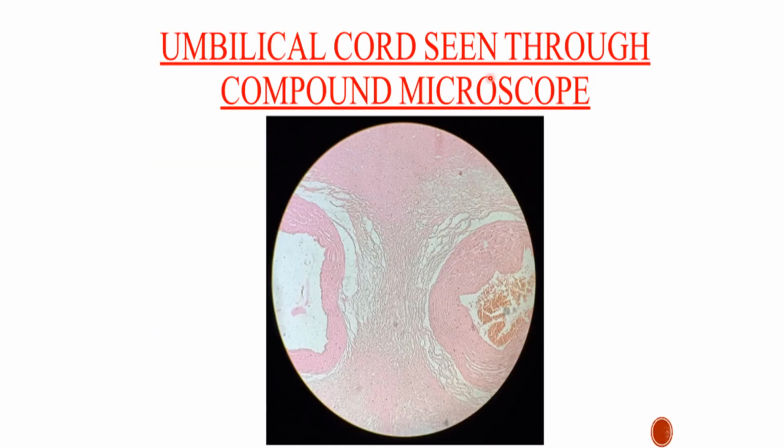Under the compound microscope, here you can see the artery and vein. The artery looks like a vein, but it contains blood clot within it, because the main function of the artery is to carry deoxygenated blood, and the vein carries oxygenated blood. And this is the mucoid connective tissue of the umbilical cord, named Wharton's jelly. So mucoid connective tissue with fibroblasts or Wharton's jelly, two umbilical arteries, the covering part amnion, and one umbilical vein. So these are the sections of the umbilical cord.